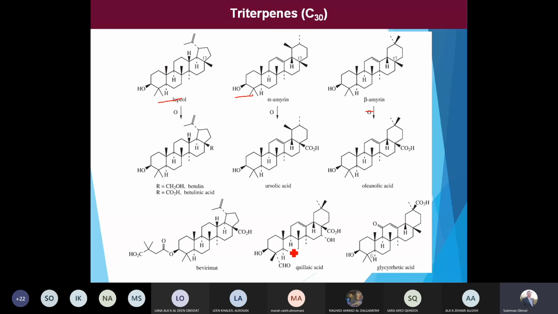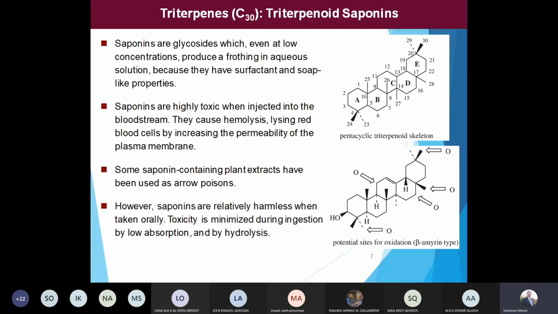So all of our compounds here are triterpenes. If we look at our triterpenes, we have the numbering system. In our numbering system, the most important thing is that we should always look at carbon number 4 and number 14. If we have two methyl groups attached at one and one methyl at the other, we call it a